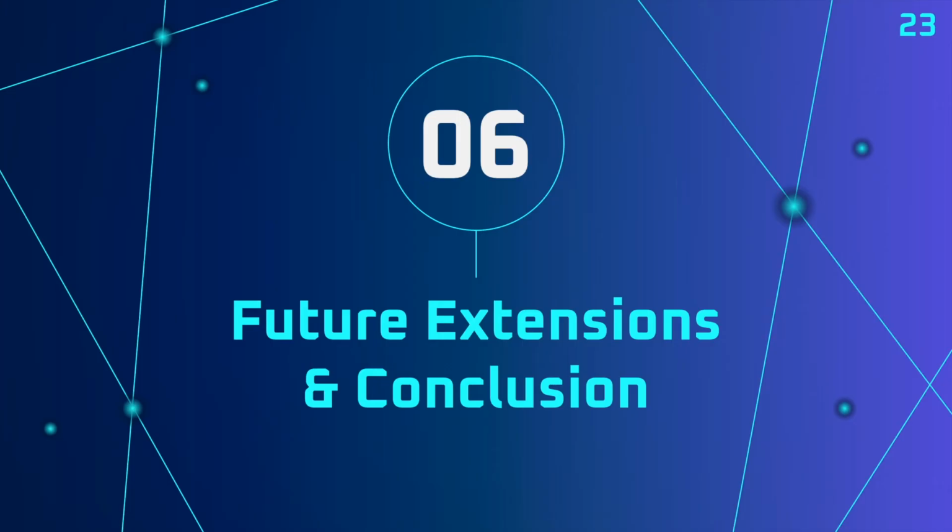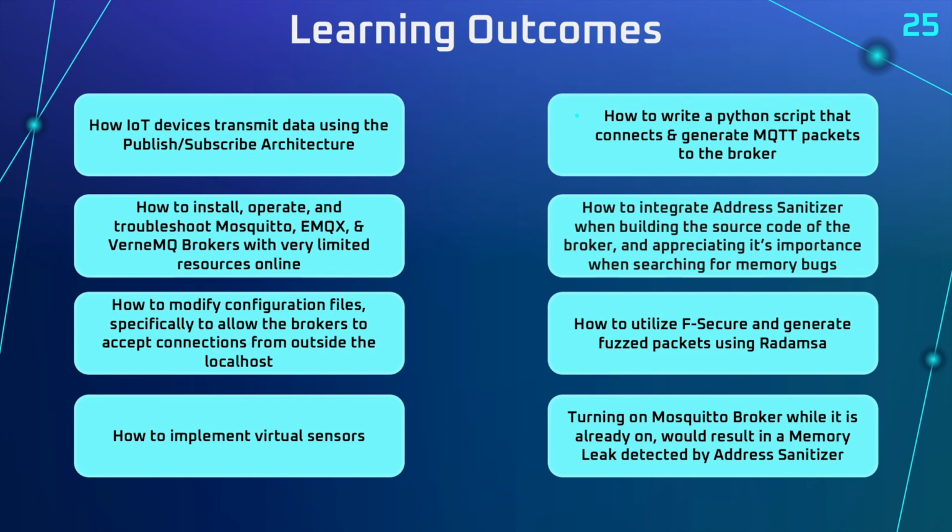We will now look into the harvested learning outcomes and some possible future extensions to this experimentation. After conducting this research, I was able to harvest beneficial learning outcomes, such as how IoT devices transmit data using publish-subscribe architecture, how to install, operate, and troubleshoot Mosquitto, AMQX, and VerniMQ brokers with very limited resources online, how to modify configuration files, specifically to allow the brokers to accept connections from outside the localhost, how to implement virtual sensors,